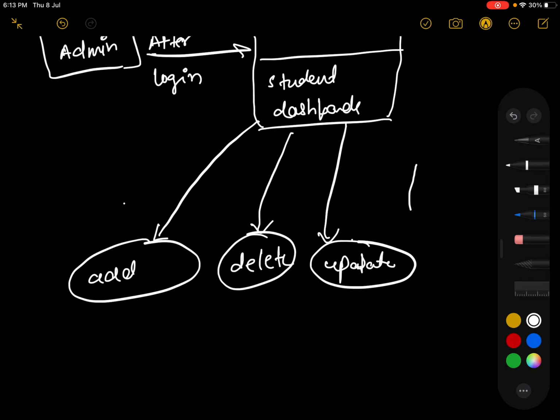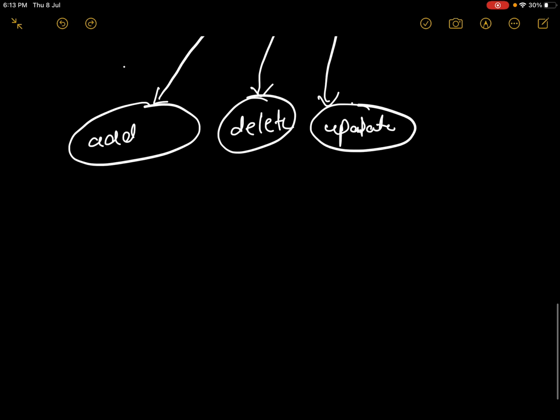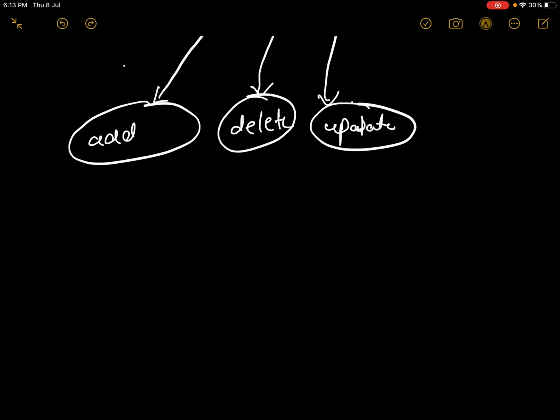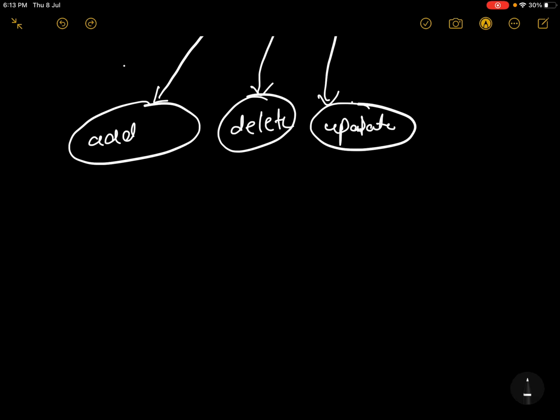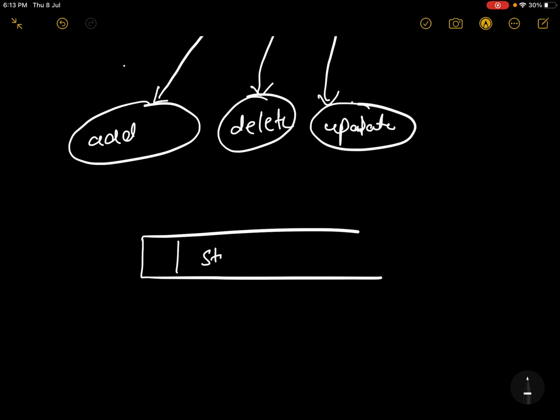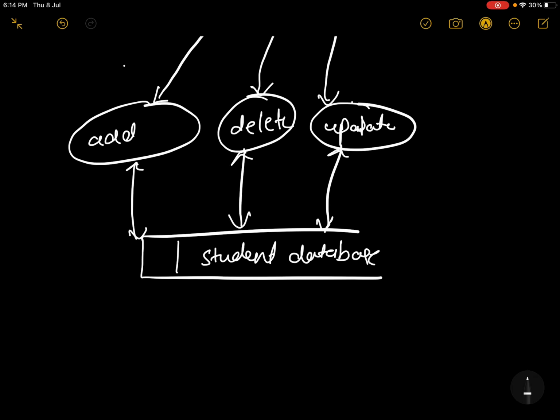Okay, and this data is stored inside the student table. We can say student database. So these will connect with this. Make sure there will be a bi-directional arrow, because data can be updated by the admin, and also saved into the database.